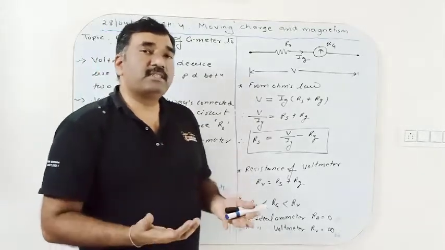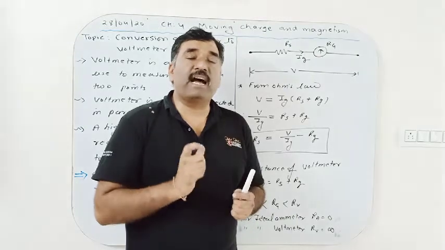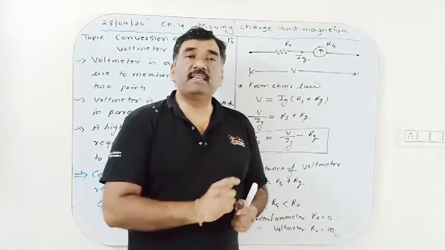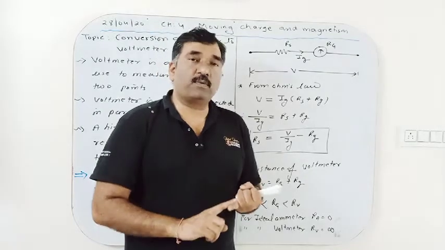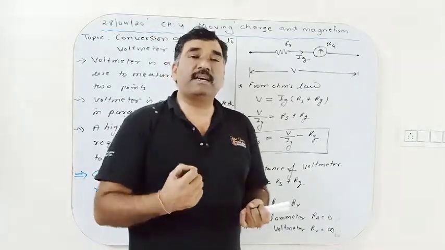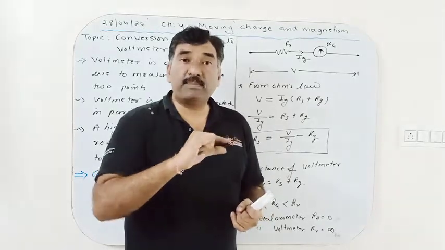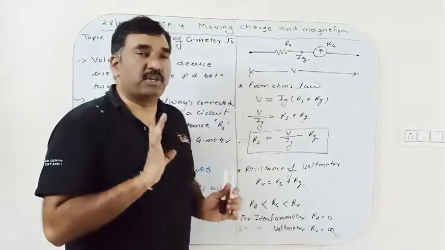Okay, what is the requirement of conversion of galvanometer into voltmeter? It required high valued resistance in the series with galvanometer. So due to this, the two advantages takes place. First of all, large current is not passing through the galvanometer, and maximum current is passing through that part of the circuit across which the potential difference is to be measured.